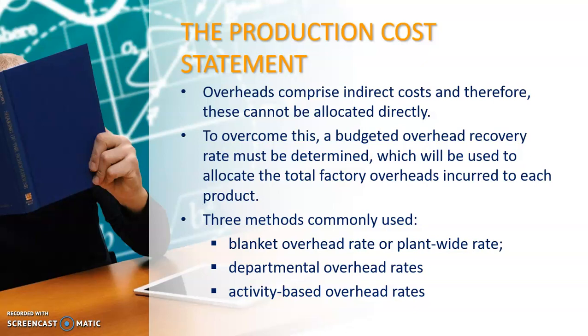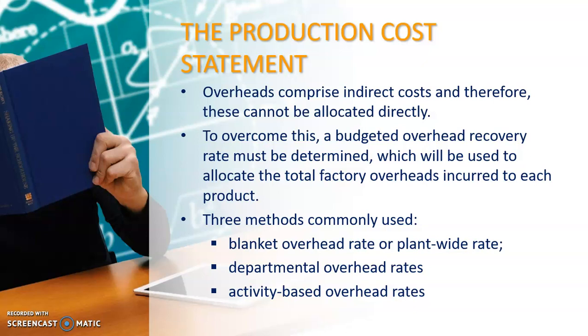If it takes a laborer 1 hour to make or to assemble the furniture together, and that laborer's cost is 100 Rand an hour, then it's going to be 100 times 1, which is 100 Rand. So with the direct costs, it's very easy to allocate these. With the indirect costs, however, it's not, because you've just got a whole bunch of costs together and they relate to the product but not directly, and now you need to find a way of allocating these costs to the